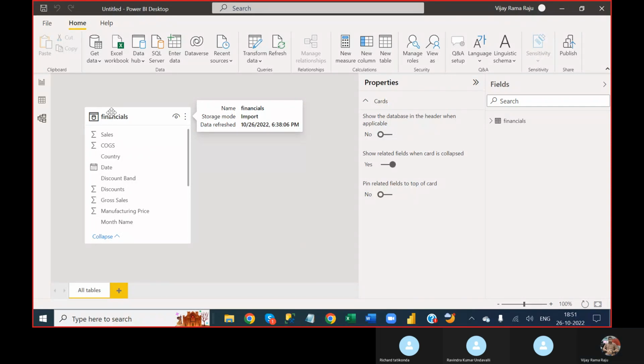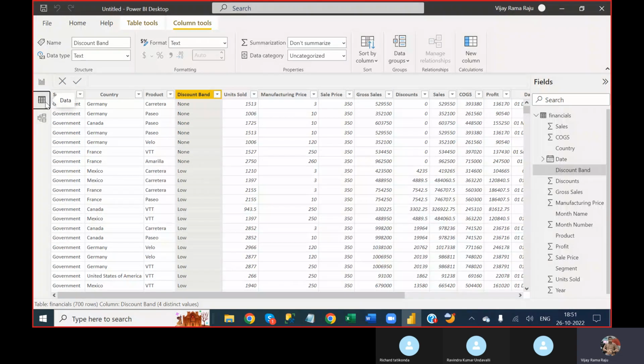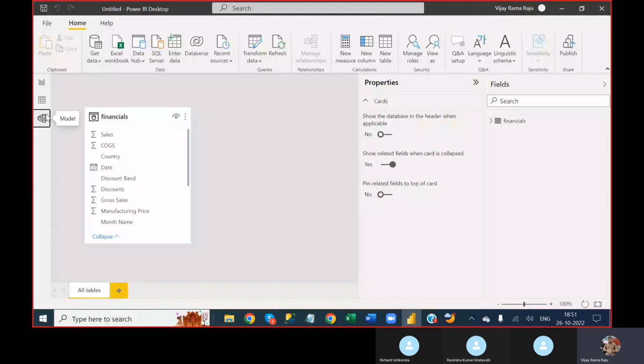Okay, we can hide or unhide the columns in this model itself. Not only in the model, we can hide or unhide the columns in the data tab also. In the model, first we need to discuss about the model. In the model, not only providing a relationship, we can hide or unhide the columns. How we can hide or unhide the columns means